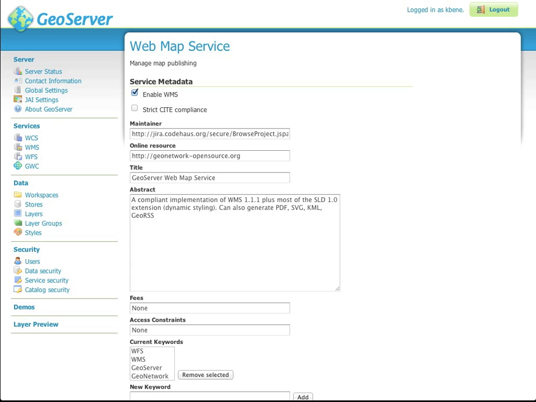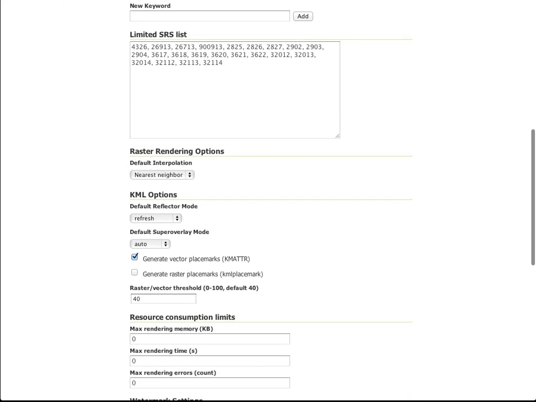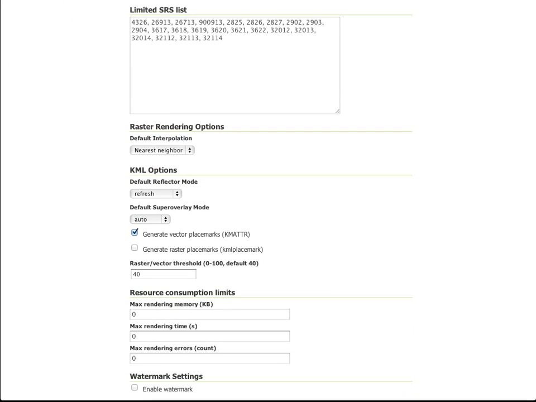For the web map service, we have the same base information at the top. And here you can see that I have limited the SRS list using the limited SRS list option for WMS to pretty much the WGS84 geographic coordinate system, the UTM NAD83 and NAD27 UTM Zone 13,